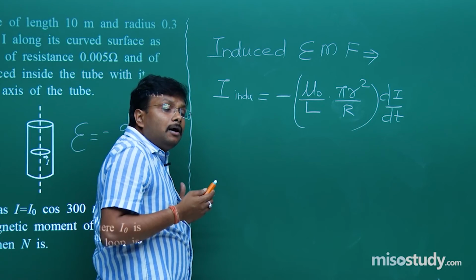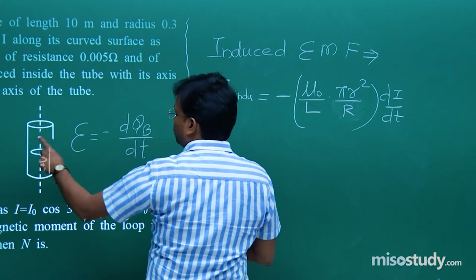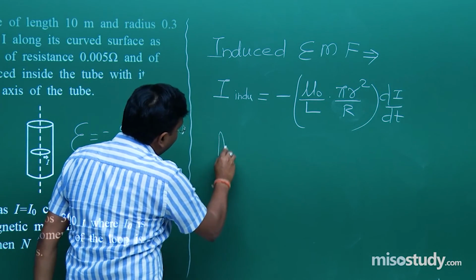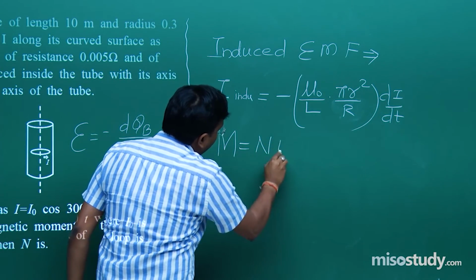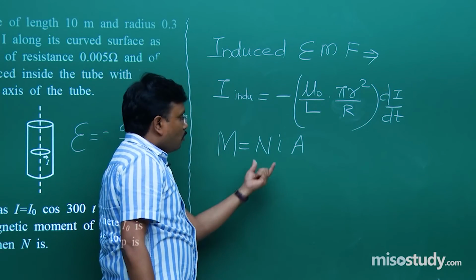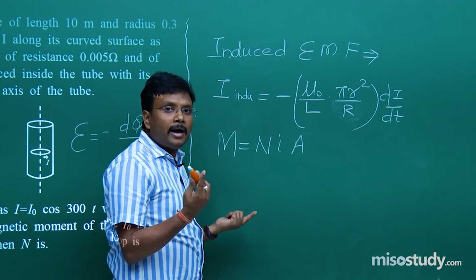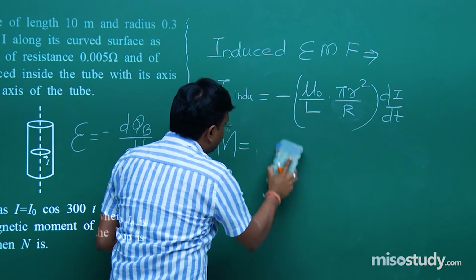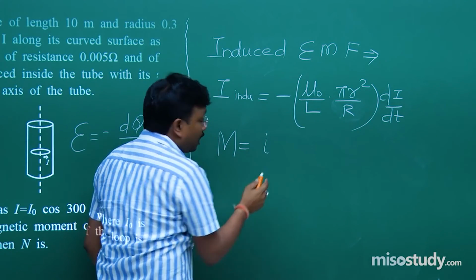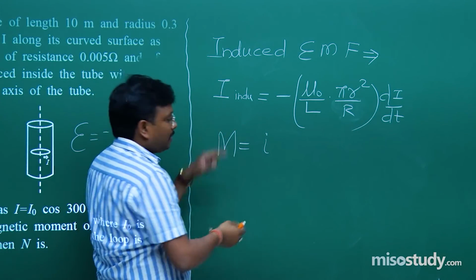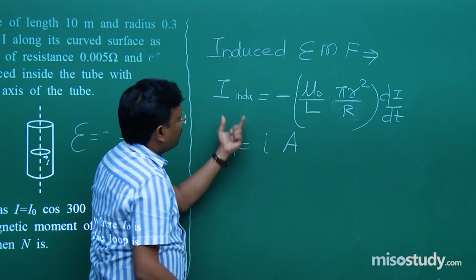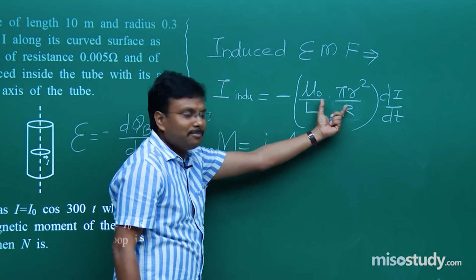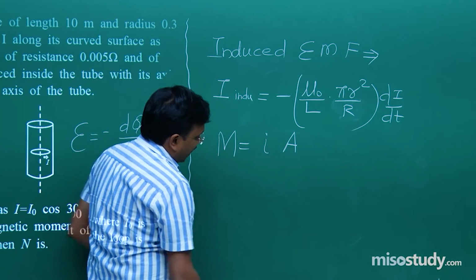What is the value of the magnetic moment? Magnetic moment is nothing but N I A. What is the value of N? One coil, one turn, so 1. Therefore it is I A, and which I? This induced I. So I into A. Now put the value of I and also the value of pi r square. So by putting the values,